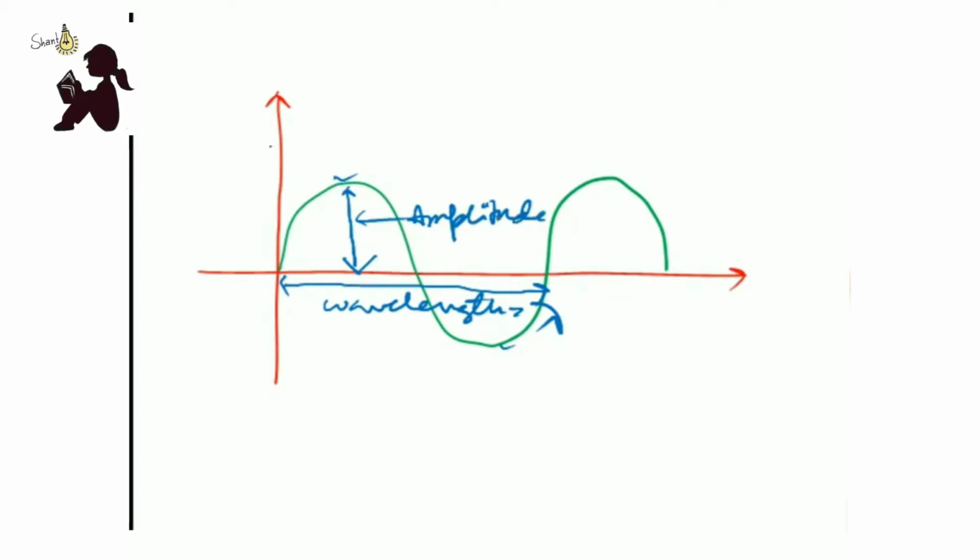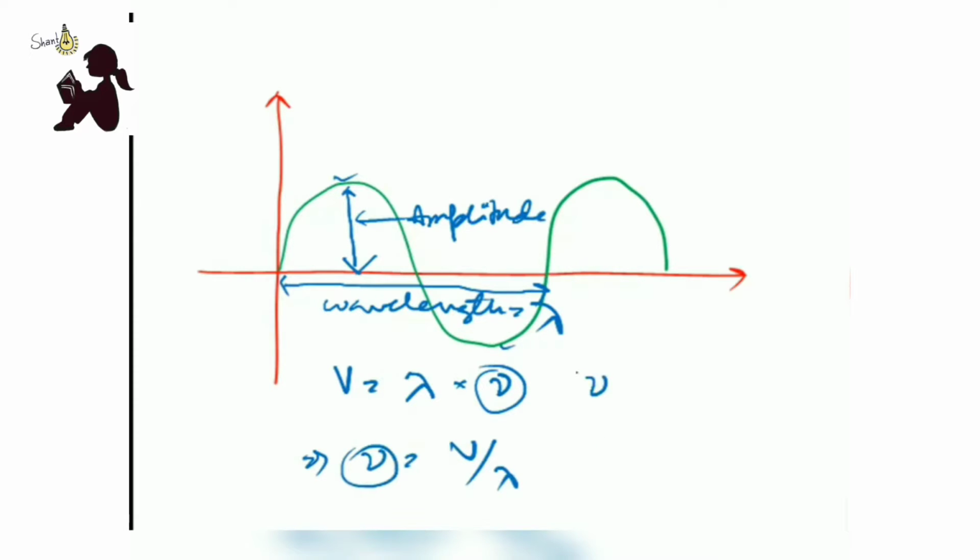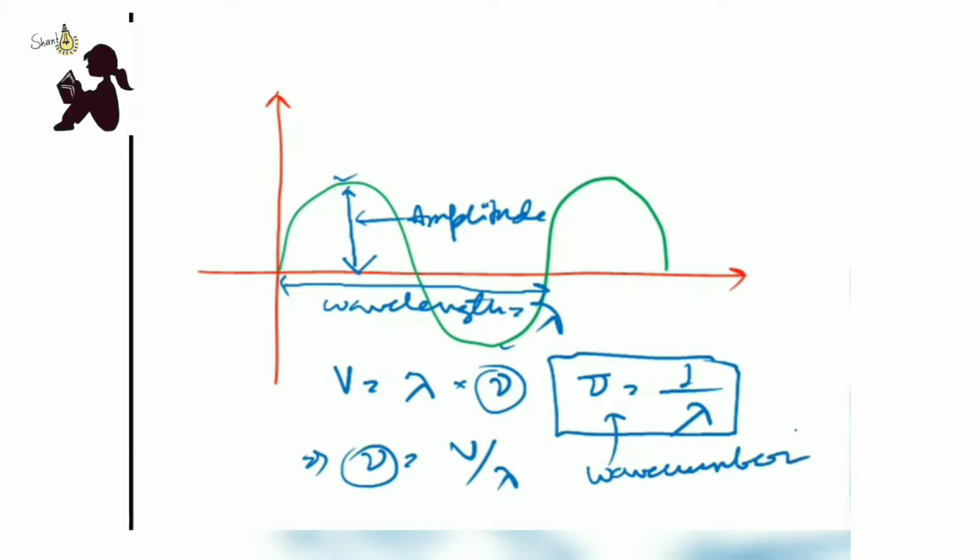So I'm going to conclude the frequency. There is a formula, that is velocity of the wave is equal to wavelength into frequency of the wave. So if we have to conclude frequency of the wave, we will just divide the velocity by its wavelength. That's how we deduct the frequency. Now, what is wave number? Wave number is reciprocal of wavelength. So this is called wave number. So these are also done.